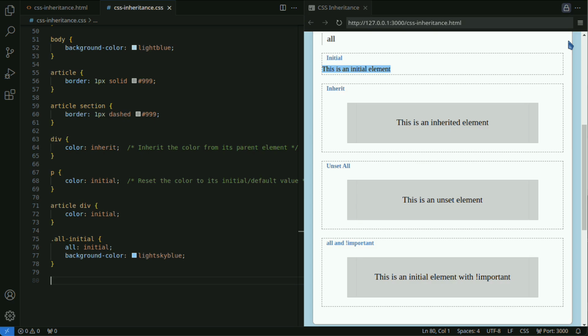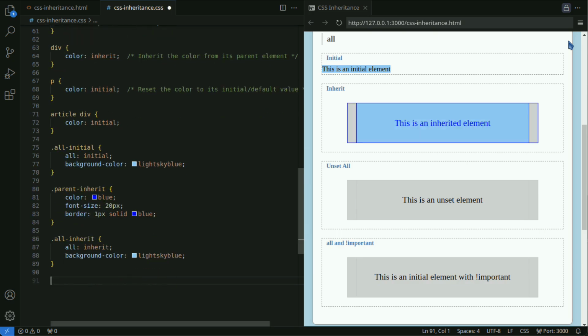When you want to reset all previously set styles for a specific element and return it to its initial state, use all initial, like this. In this example, all properties of the div element with the all initial class are reset to the browser's default initial values. Using all inherit makes all properties inherit from the parent element.